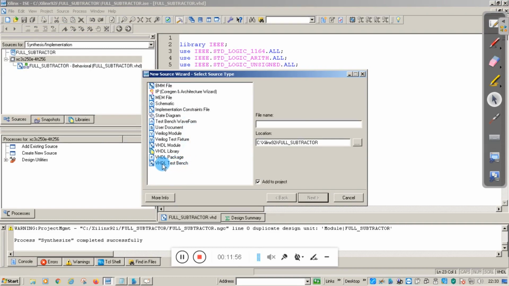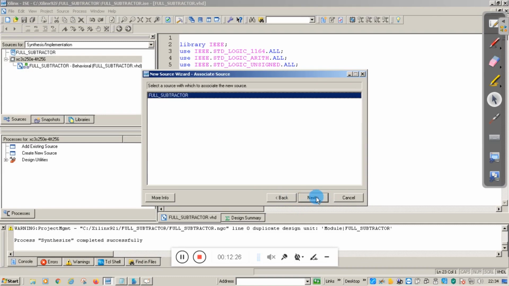There are two options: one is a VHDL test bench and the other is test bench waveform. We will use test bench waveform here. It asks for the file name, so give the file name, underscore TB. You can give any file name, but underscore TB is the convention we follow to indicate this is the test bench waveform. So click on next.